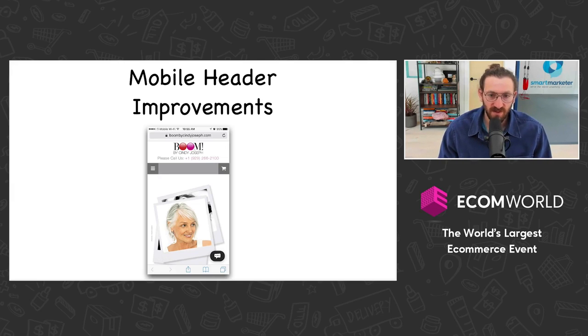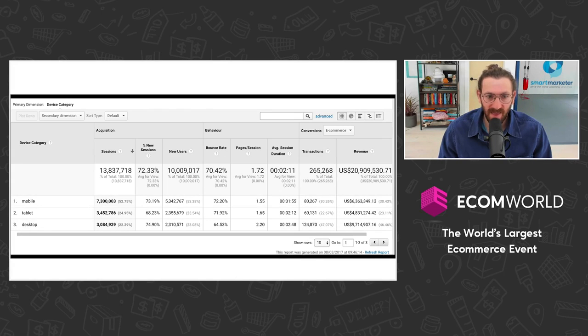Now let's talk through some mobile specific header improvements because I had a huge increase in my conversion rate just by optimizing the header of my site, of my product page. It's the only thing I did. And of course that rolls out to my entire site. So you see, I used to have my logo, my phone number, and then a hamburger menu and a shopping cart in my header. And when I took this screenshot, this was actually a couple years ago when I ran this test, I was doing about,